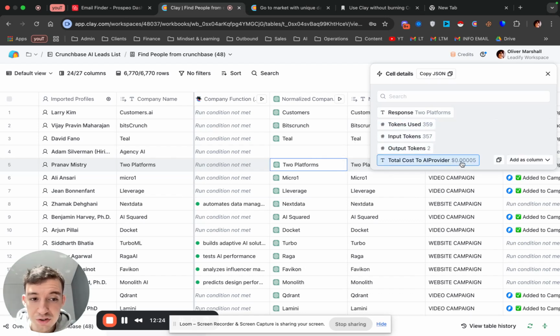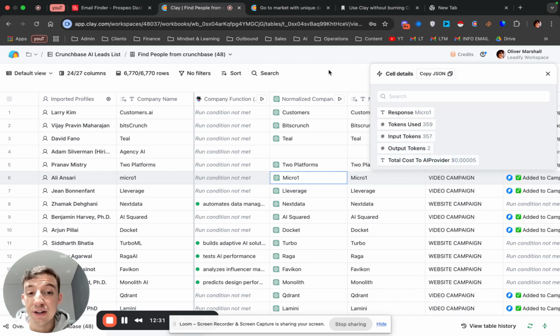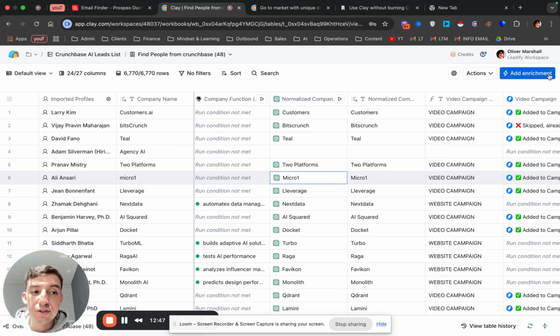You can see here, total cost of provider is this, right? So every single row costs fractions of a penny, whereas if you were to run that on Clay, that would cost you 1 Clay credit, right? So much more expensive over the long term. And again, this only really applies if you're using something over and over again, right? Because obviously you're probably also wondering, if you get a larger Clay account, can you just use the Clay credits? Yes, you can if you wanted to, but